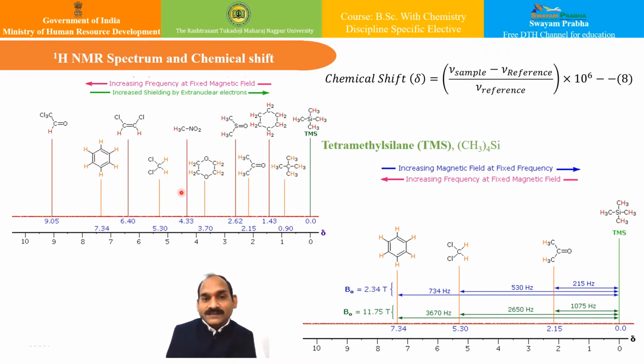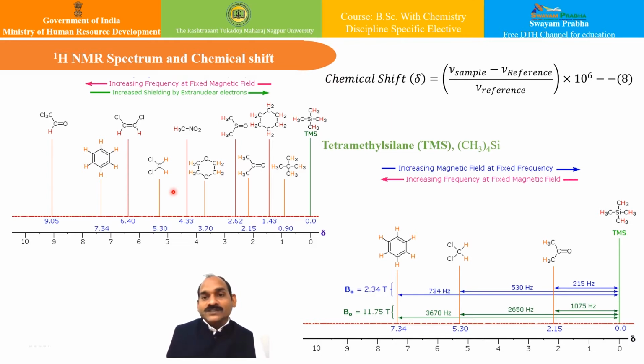Now, why is this, and what can be the solution? Because there is no reference point. You cannot know at what scale it is because both the magnets are operating differently. So one of the methods of solving this problem is to report the location of an NMR signal in a spectrum with reference to some standard signal which is obtained from some standard compound which can be added to the sample.